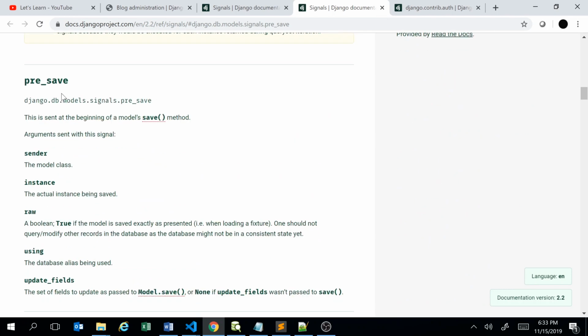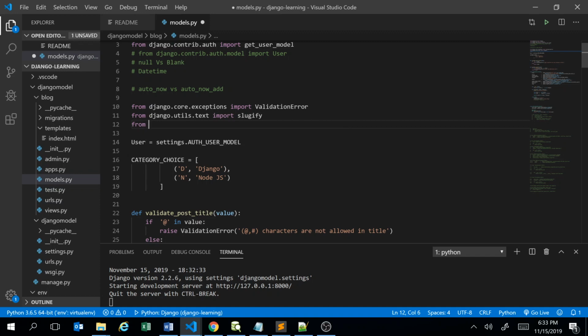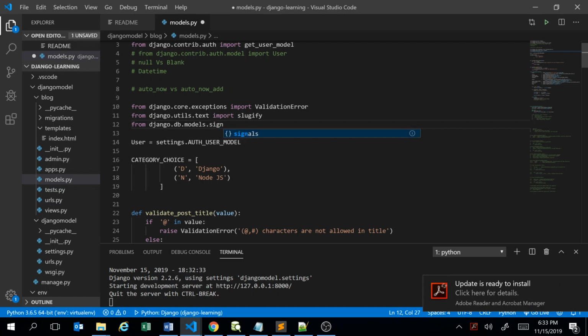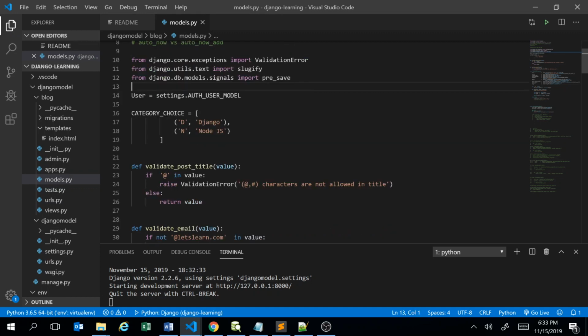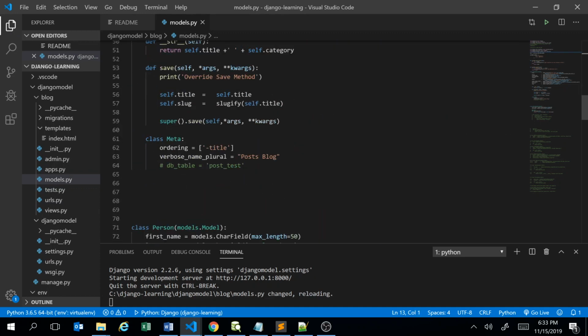Excuse me, the pre-save here. So from django.db.models.signals import pre_save. This is where we have to import the pre-save signal, and now we're going to define the